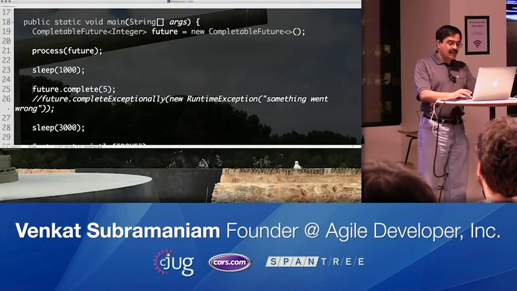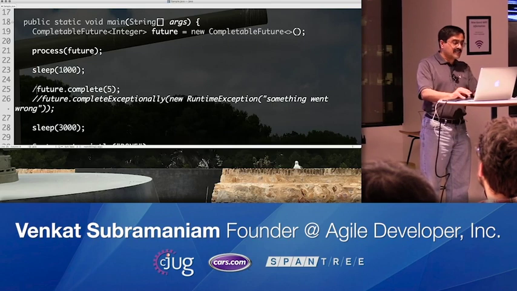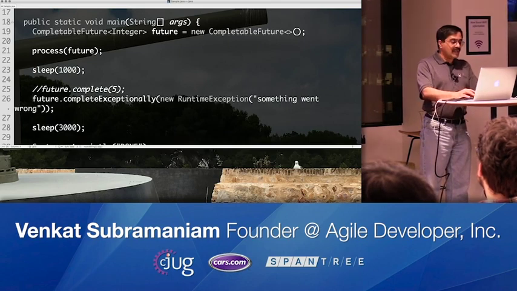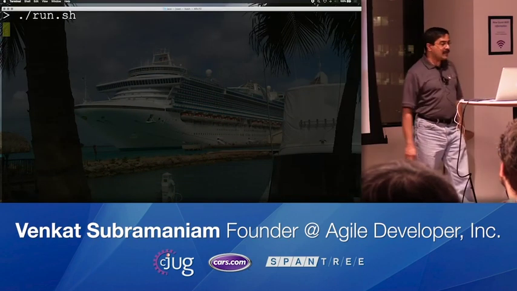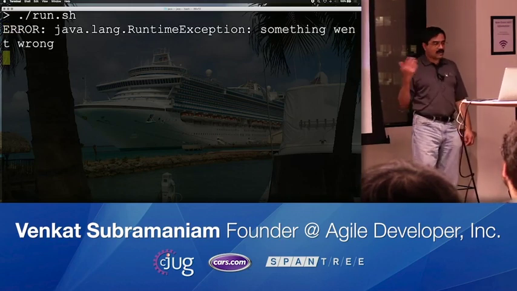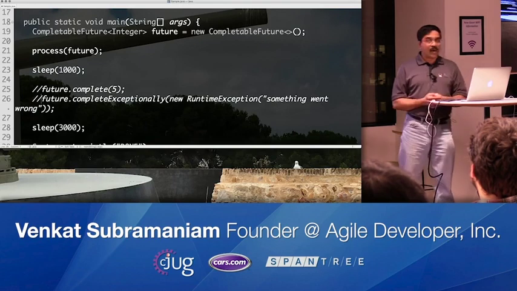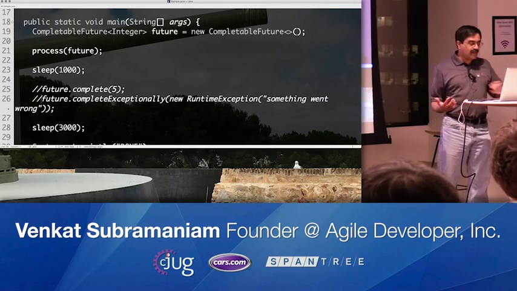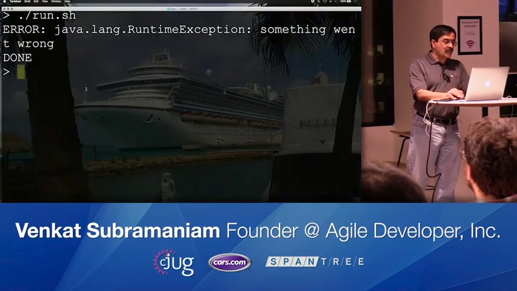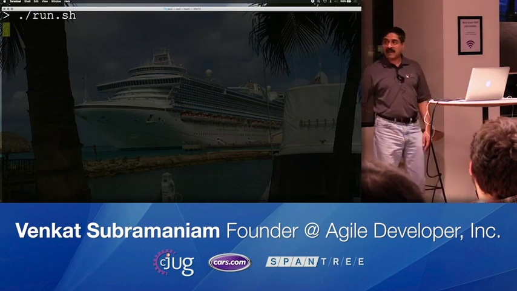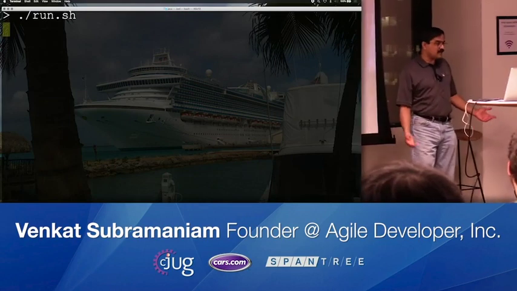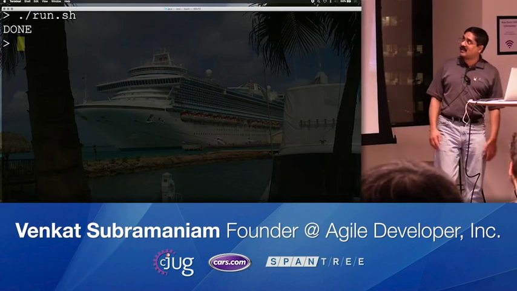On the other hand, if I were to fail after a second rather than complete it, you can see that after a second delay, it is also going to give us an error, and then we can move on at that point. But what if it does neither one of those? It doesn't fail, it doesn't complete. Well, your task that you set up may actually be pending for all the time, and you would never know that something never happened.